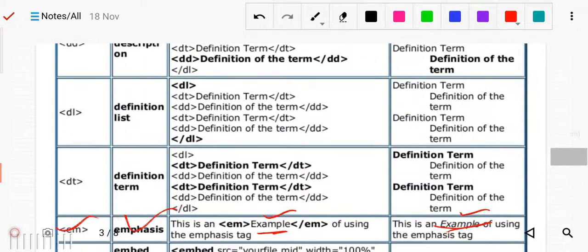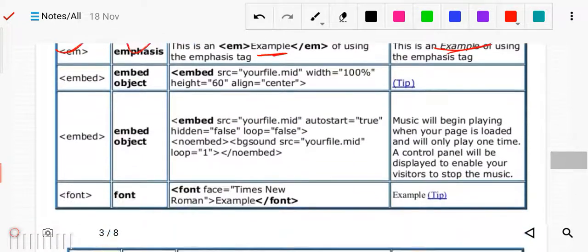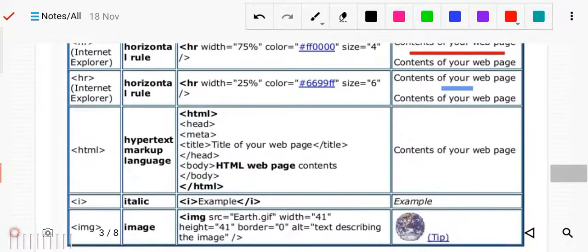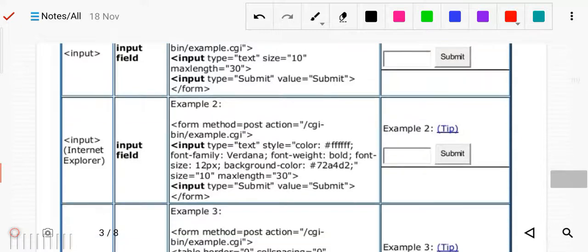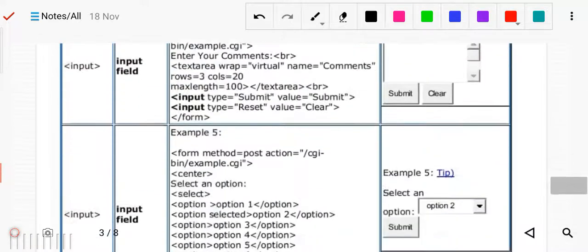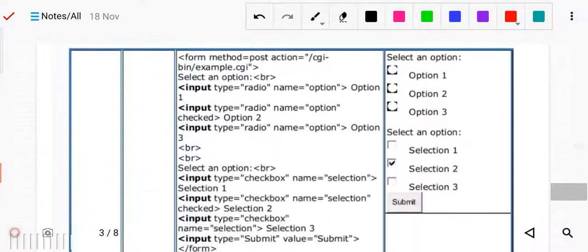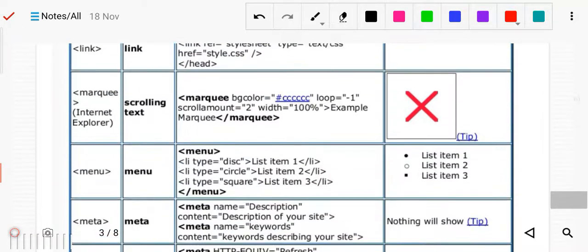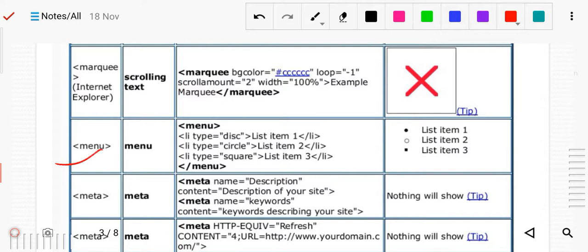I was telling you about the menu tag. The menu tag is there already. I taught about the menu tag because it was used earlier. It is used for listing, same as the list tags. Here the menu tag is also there, you will get it here. This is the menu tag, used for listing, for things like disk, circle and all. So the menu tag is the same as the ordered and unordered list, and it will be displayed as a menu. So this is for the menu tag, you can see it.